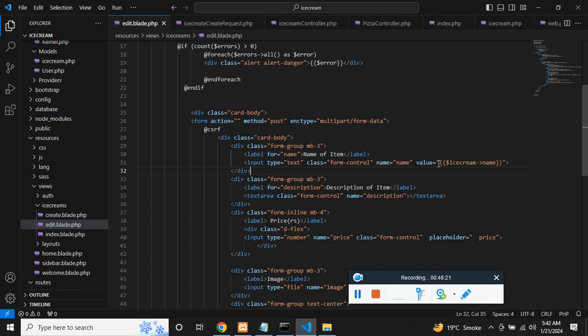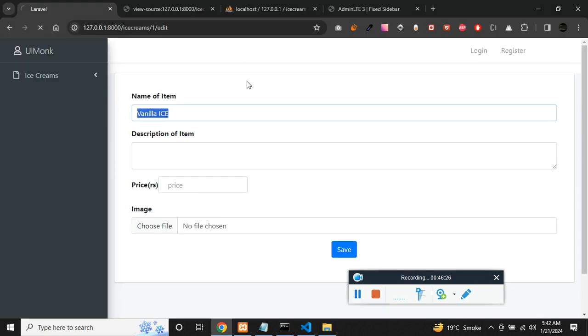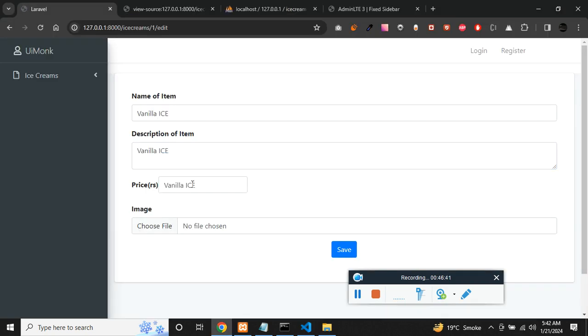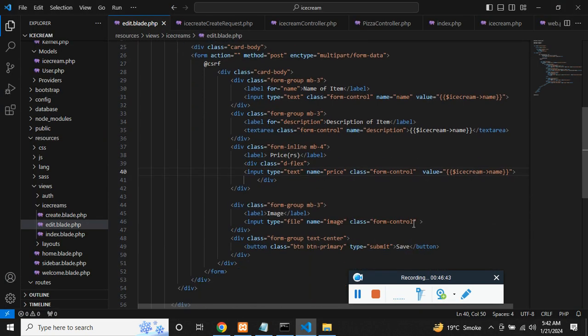The same way for the text area, refresh this, text area also comes up. The same way for the fries, make sure it's text or else it won't work. So fries also has been populated, but for the image,